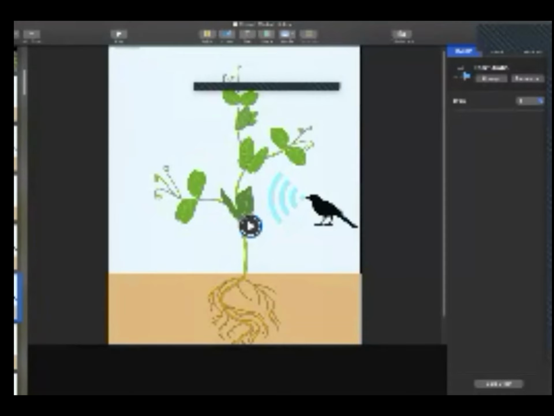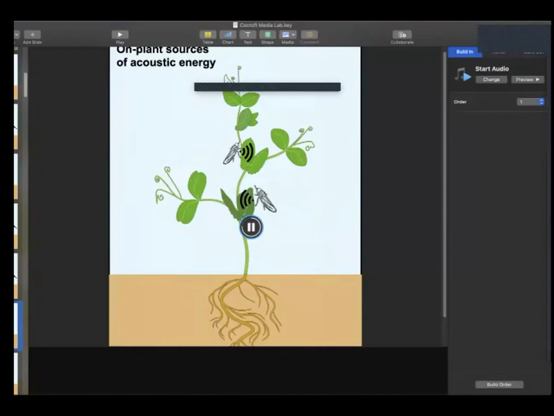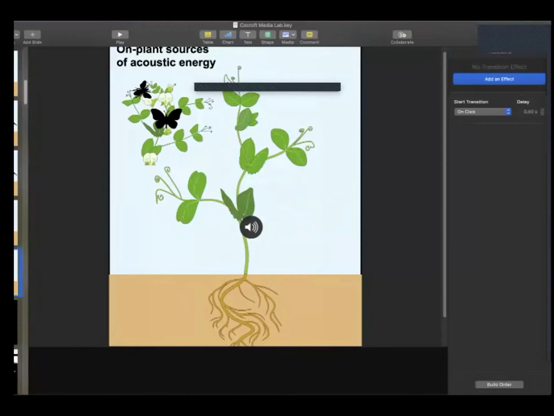Here's one of those on-plant sources, one of many species that signal through plants. Can you hear that? Yeah, okay. I love this because you can actually hear the beat frequencies there. And so what you can get is a